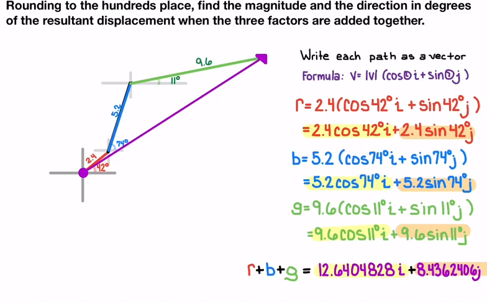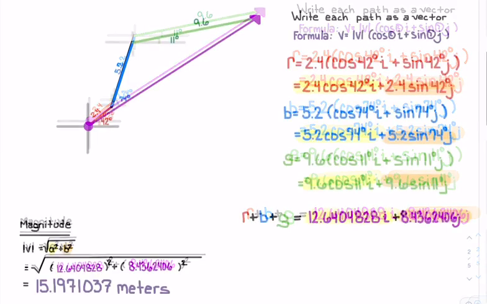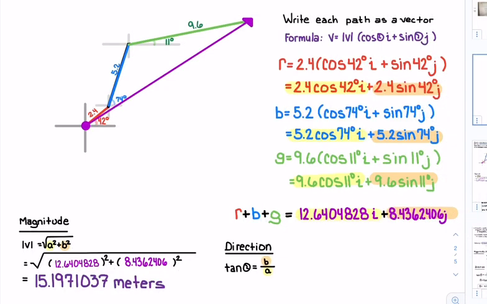The resultant vector starts at the start line and finishes at the finish line. To find the magnitude of this resultant vector, we use this formula. The length of the resultant vector is about 15.2 meters. To find the direction, we use this formula to find theta. Substituting our values in, we get